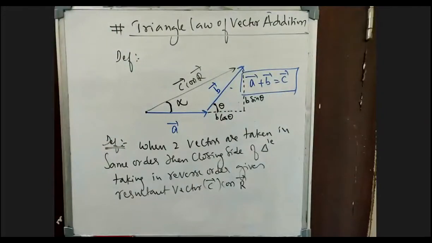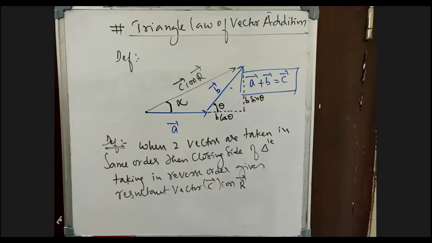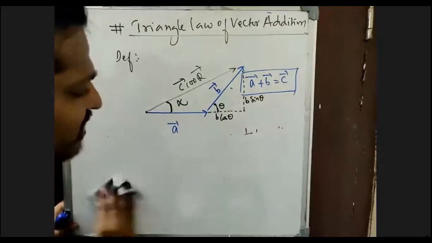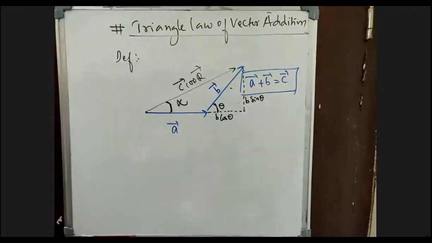That's it. Now just apply the triangle law of vector addition. Pythagoras theorem, you will get the answer for that. So let us do the derivation of this one. Now in the right angle triangle, let's see what the right angle triangle is right now. This is the vector O I am taking right now.